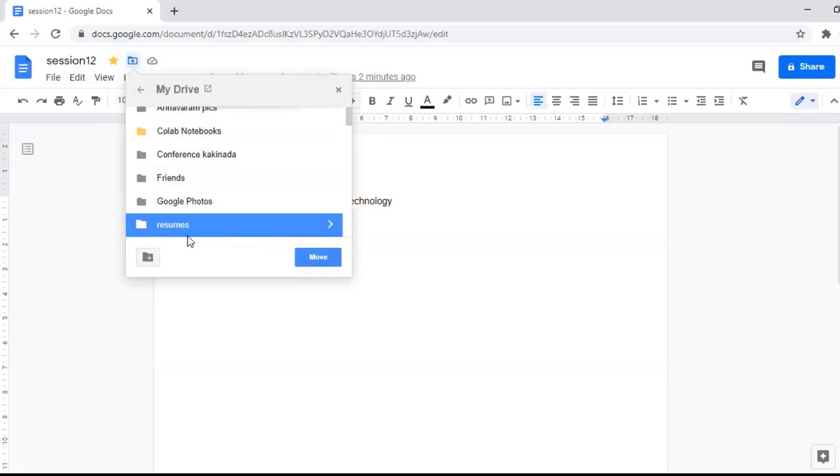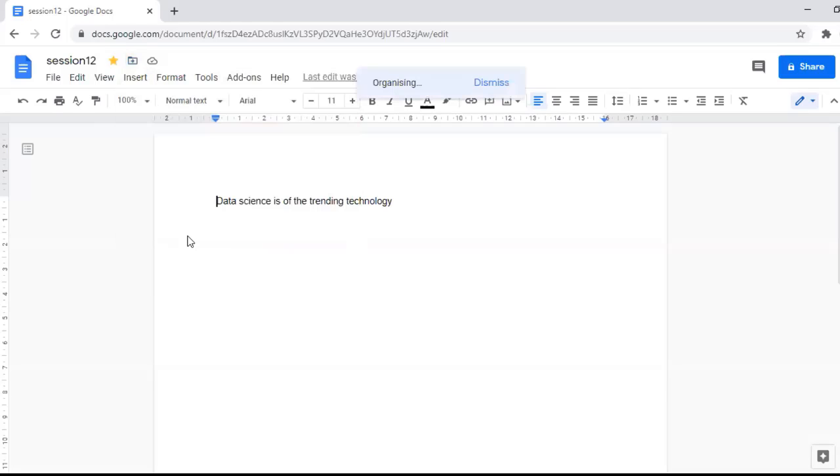I am just clicking on the resumes and then clicking on move. You can see session 1 has been moved from drive to resumes. Understood? So that means we are moving this document to another folder. So this is how we move the documents.